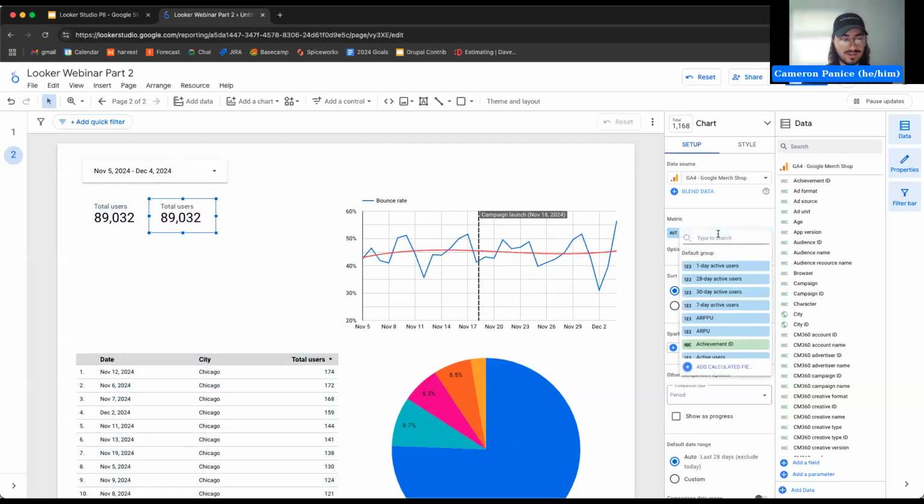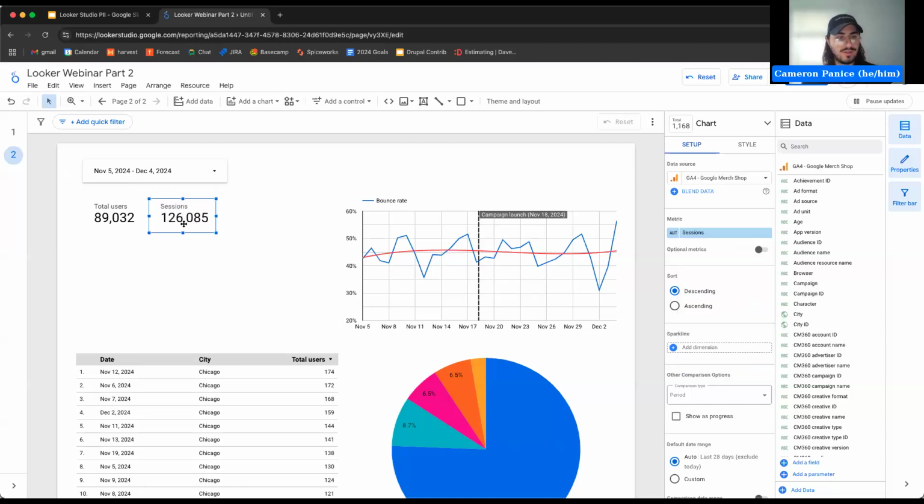I'll align these next to each other and we'll do total users, sessions, and views. And now we've got kind of those Northern Star metrics to be able to measure what site performance is like